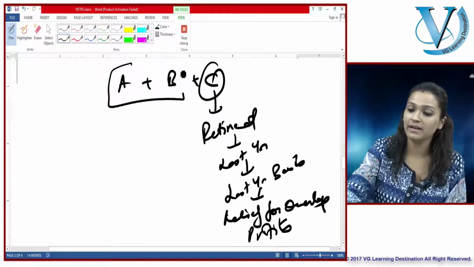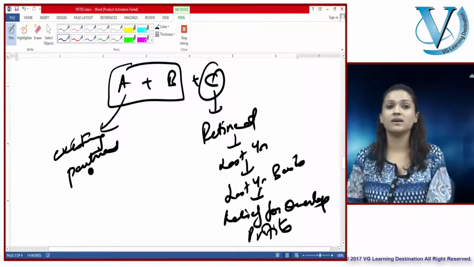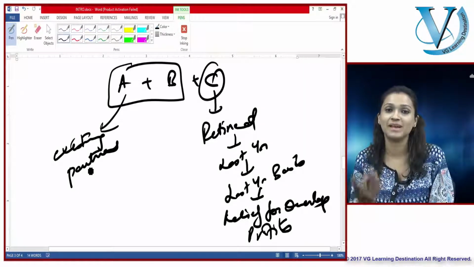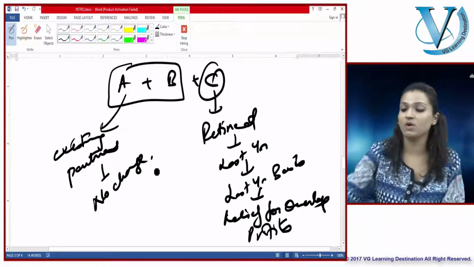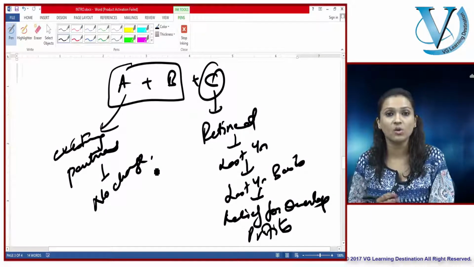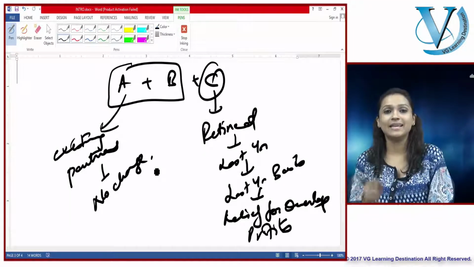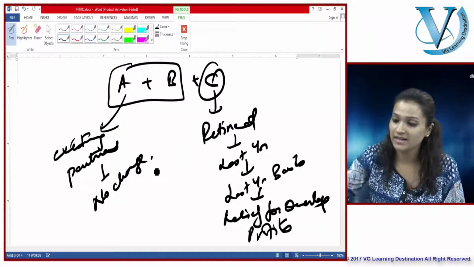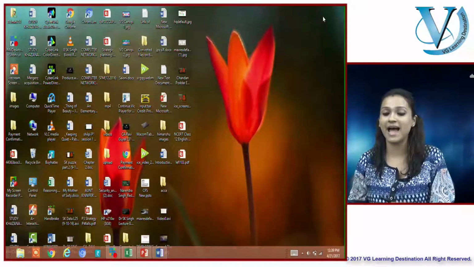What about A and B? They are still the existing partners. On the existing partners, everything else remains the same, so there is no change for them. The only change is for the partner who is retiring, ceasing to act as a partner. He can now take relief for the overlap profits upon which he had paid tax twice.